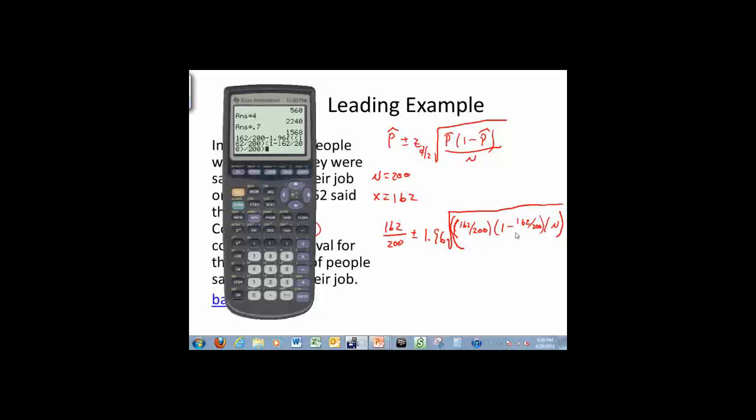So that puts everything right here exactly the way I want to enter it, so I can make sure I got all my brackets and everything taken care of. So we come up with 0.7556, and so I don't have to re-enter all of that stuff, we'll just go second enter, and then I'm just going to arrow up and change that subtraction sign to a plus sign, and we get